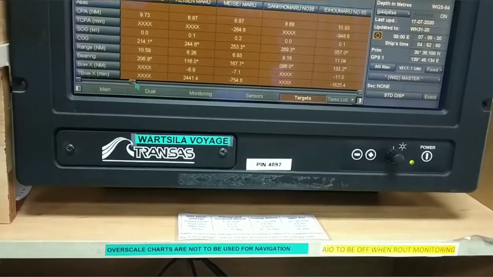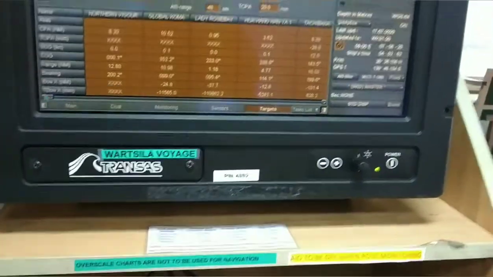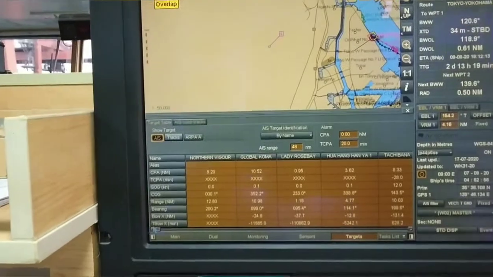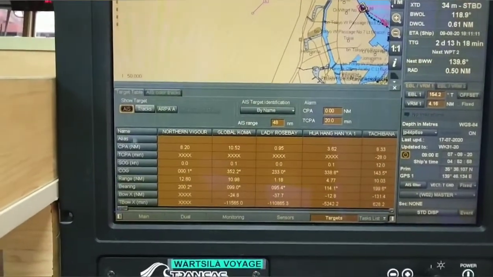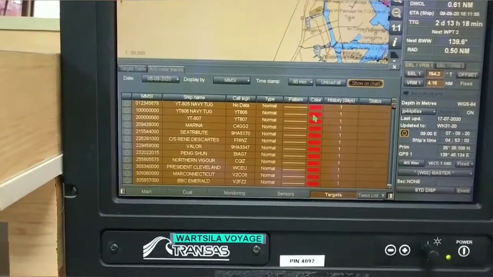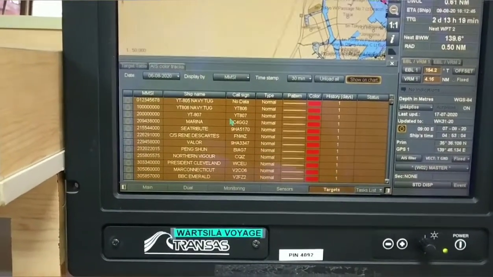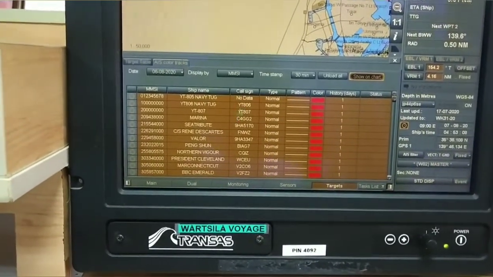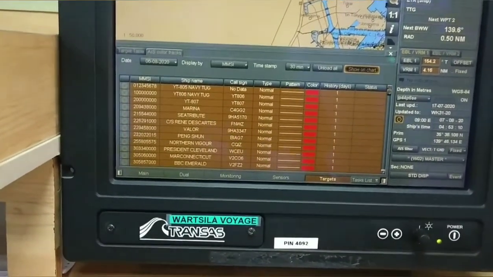So as much target information as you need, you can get it without individually selecting every target. Just click on target section and you will get information regarding all targets. And if you want to select a color pattern for a particular target, suppose red for navy, blue for cargo ship, you can select the color pattern also.